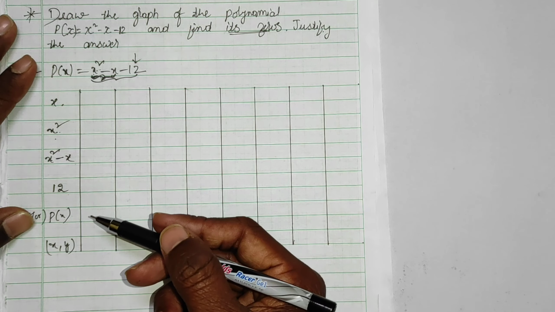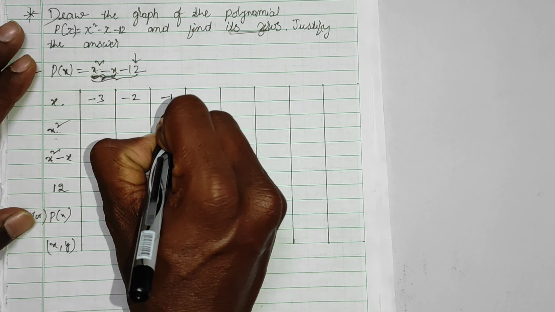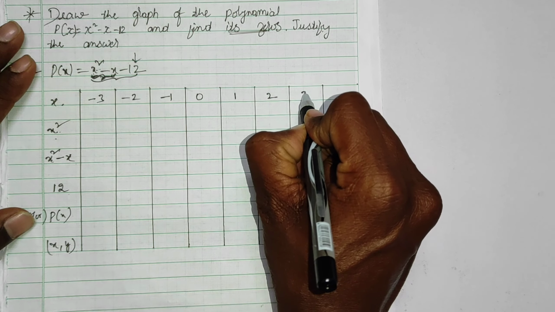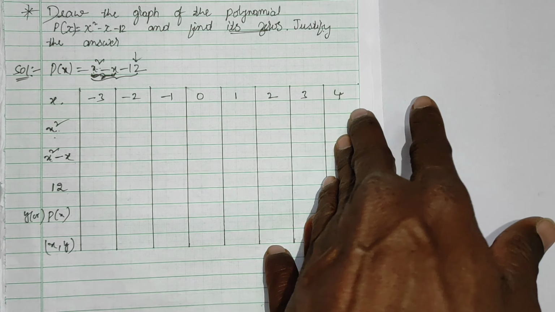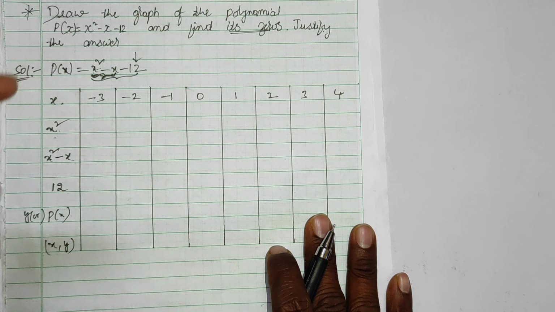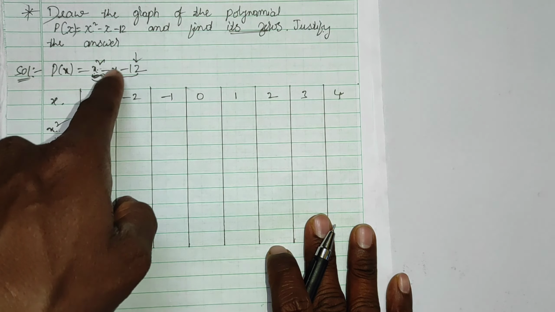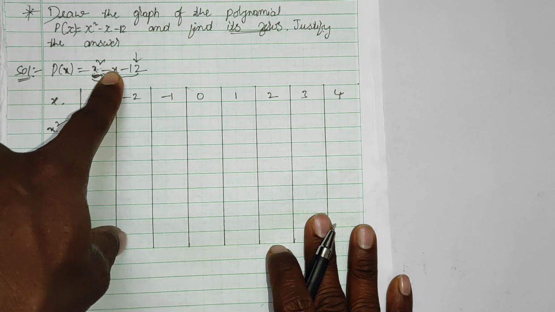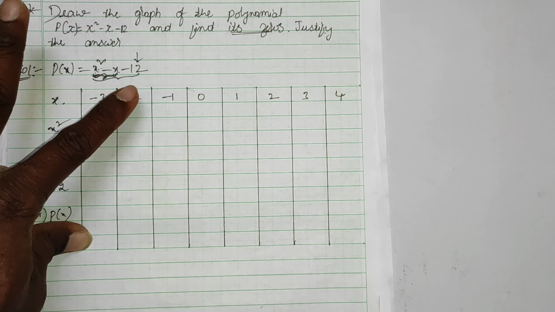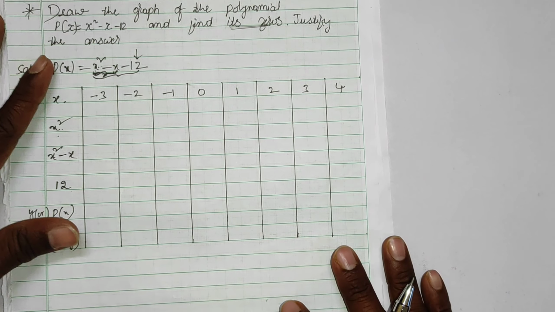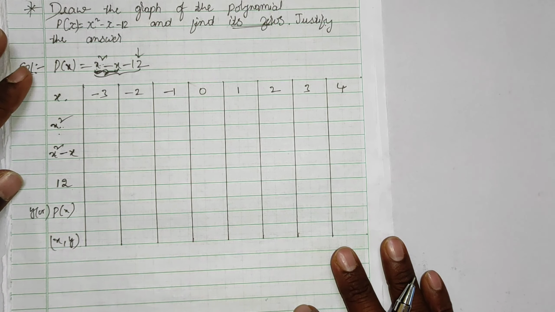Clear? What I am doing here is taking the values from negative to positive: minus 3, minus 2, minus 1, 0, 1, 2, 3, 4. Some negative and some positive. You can consider any values, but we must compulsorily get 2 zeros. After solving and doing the justification, you will understand it very easily. Values from minus 3 to 4 are enough for any question. But if you have doubt, first do the justification yourself, then go to the values. Now we'll move to the sum.